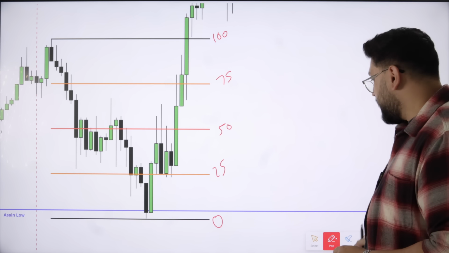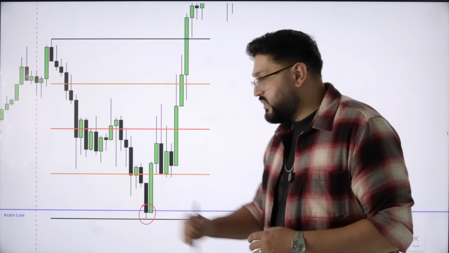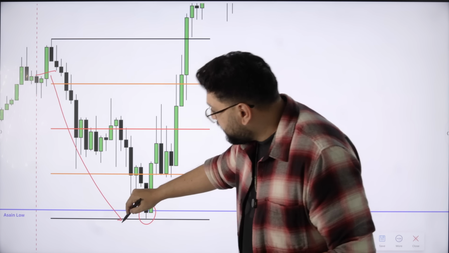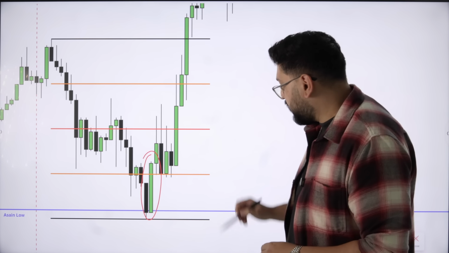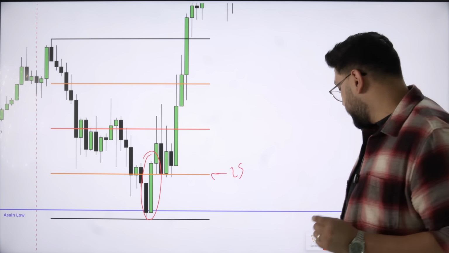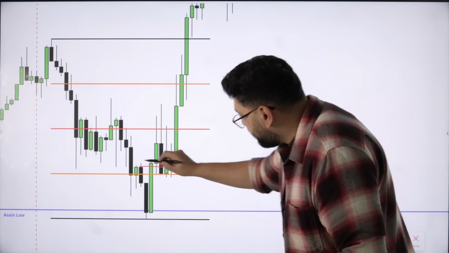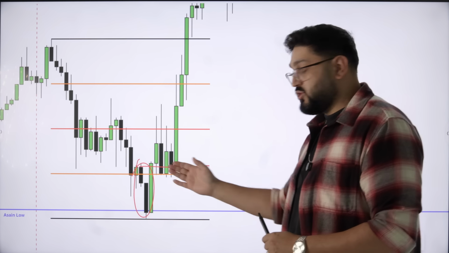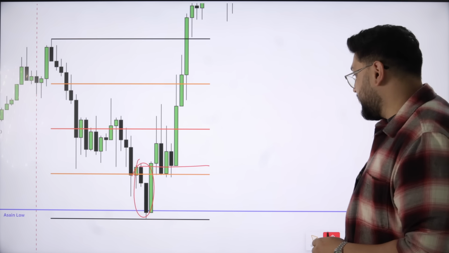Now, watch what happens here. After we raid sell side below the Asian low, after price has dropped lower below the opening price, we then see this candle here close above the 25 DRT level. Now that's important because there's two things happening here. We're seeing the opening price of these two consecutive down close candles breached. This signifies a change in state of delivery after we have raided a sell side pool of liquidity.